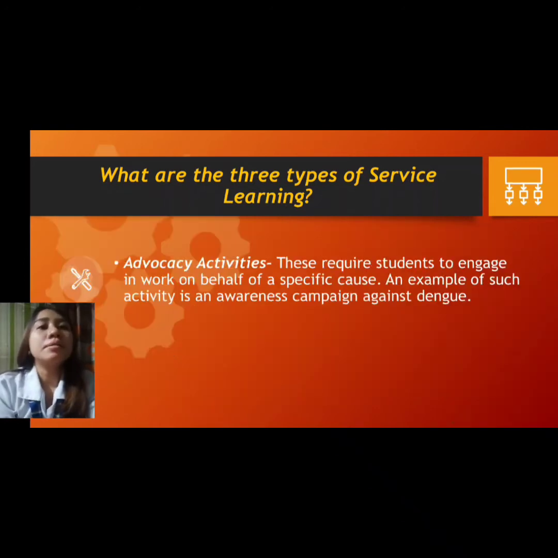So, next, advocacy activities. This require students to engage in work on behalf of a specific cause. An example of such activity is an awareness campaign against dengue. So, these types of service learning, advocacy activities. So, parang to implement this, parang kailangan din lumabas ng bata kasi nga, ang example dito is yung